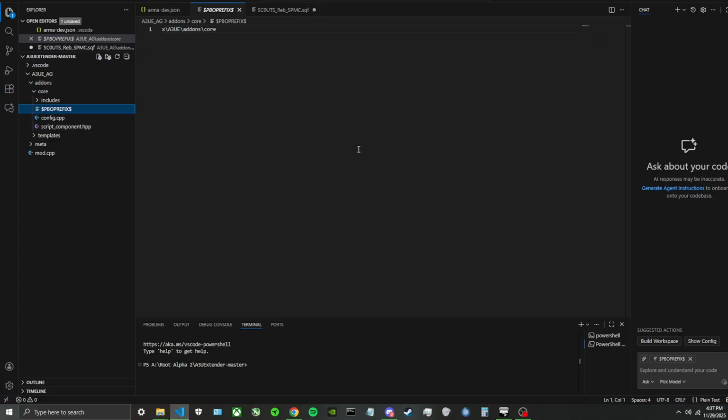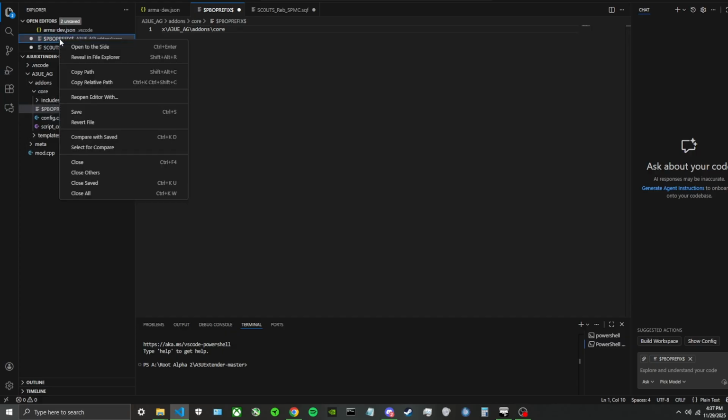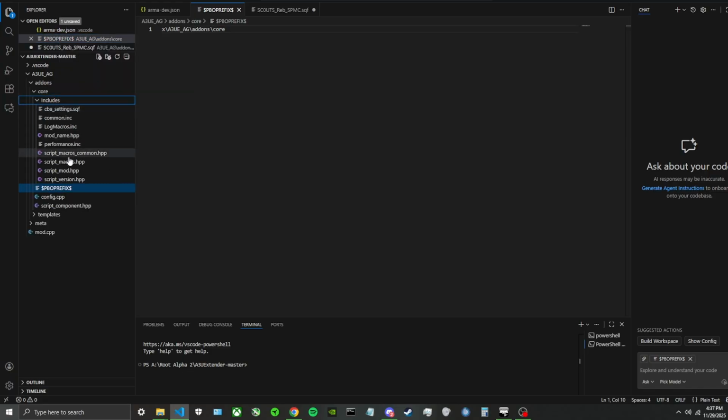So your PBO prefixes, this needs to be changed. So we see A3UE, and we need to add _AG. That's it. So that PBO prefix is done. So we're going to go over here, and we're going to right-click on the PBO prefix, and click Save. And now we're going to go into the includes portion of the core folder,